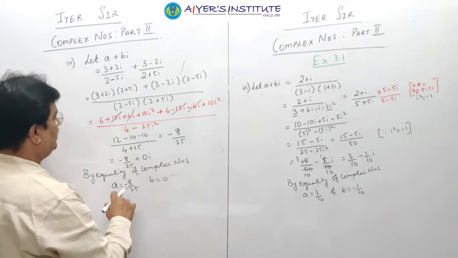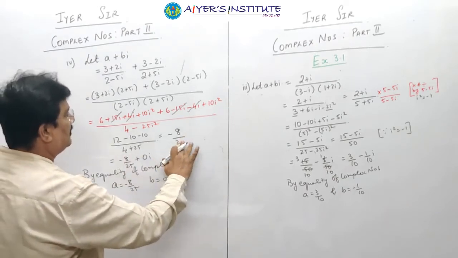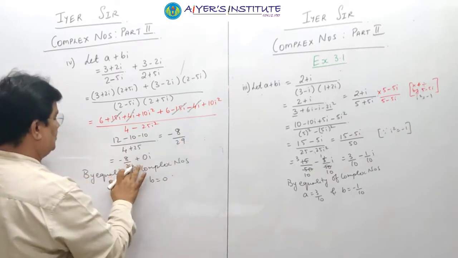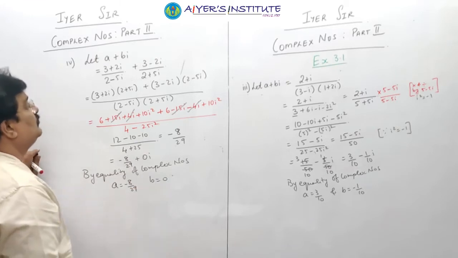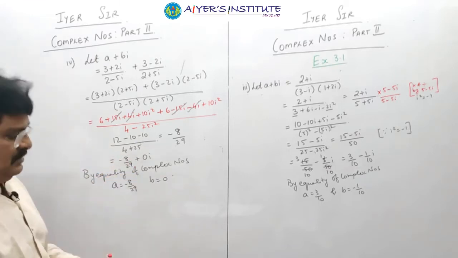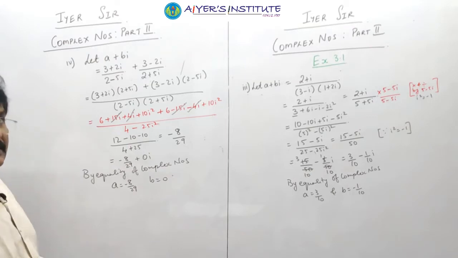Now I made a mistake here. 25 and 4 is 29. Sorry. So this will be 29. So it will be minus 8 upon 29. So just make the corrections and go ahead with the sum. Have a look at it. In the meantime, you can take a pause, see what you have understood. Do you find anything difficult? And on that basis, in the meantime, I'll continue with the next.